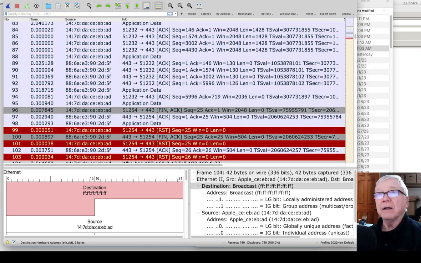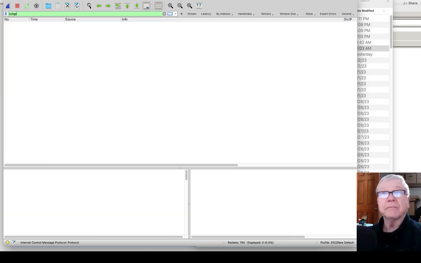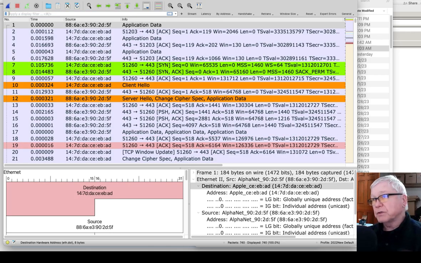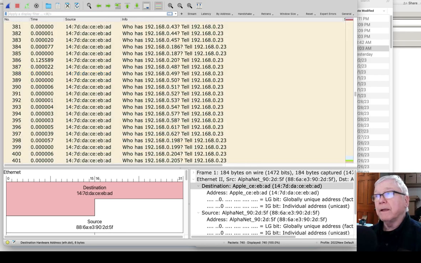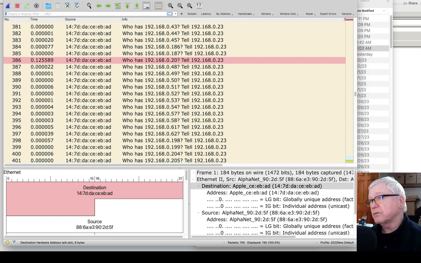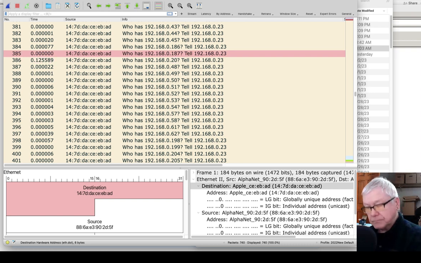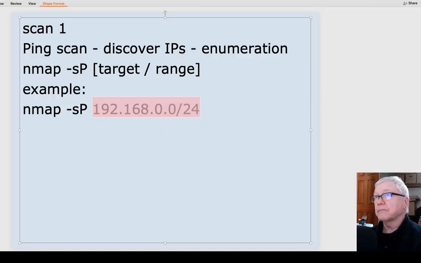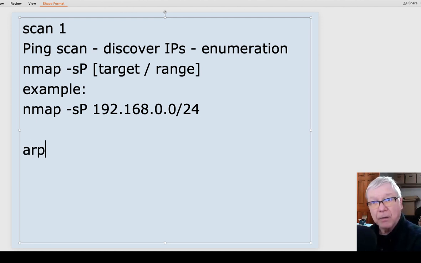Let's see if we've got ICMP. No, none of these are ICMP. So that's pretty straightforward. We saw what it was that Nmap did, and we can see what kind of information is brought back with that simple scan. So that was ARPs.